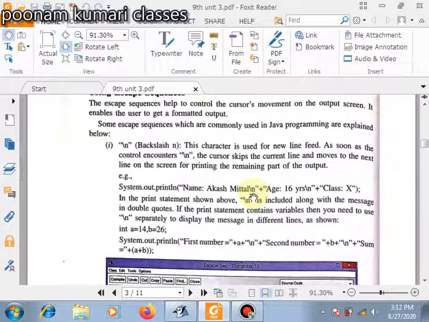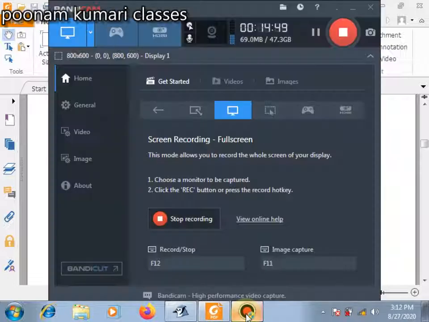So students, you also type the page number 16 and 17 programs in the BlueJ environment and see their execution and see the output also. Up to here, you also do it practically.